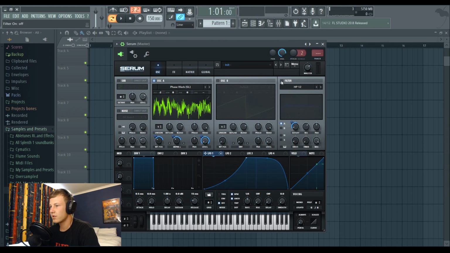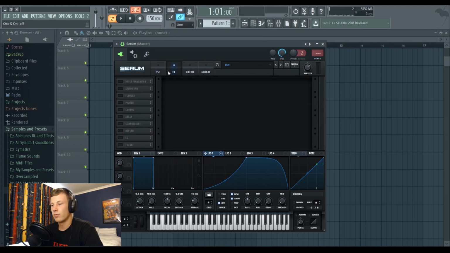So that filter, that high pass filter with a bit of resonance, just using the same LFO as we've been using the whole time, adding a bit of wump to it. Basically where I'd go with the oscillators, I wouldn't add a sub. You definitely can add a sub like that,